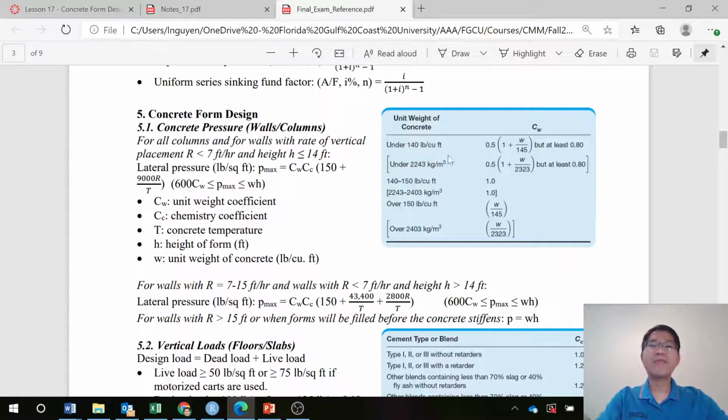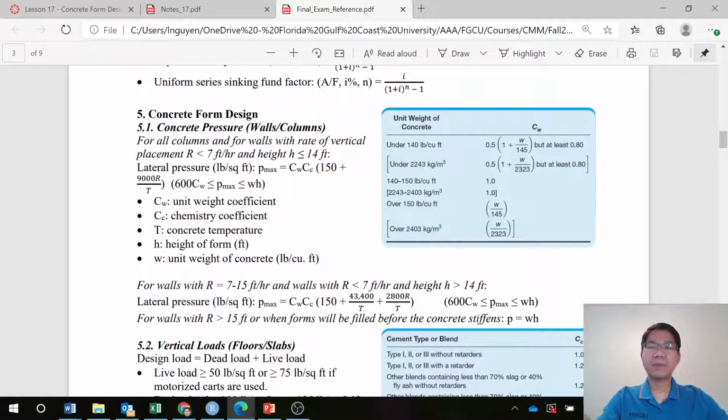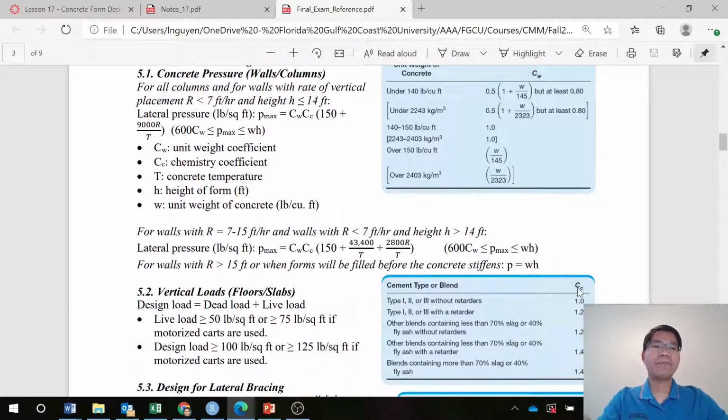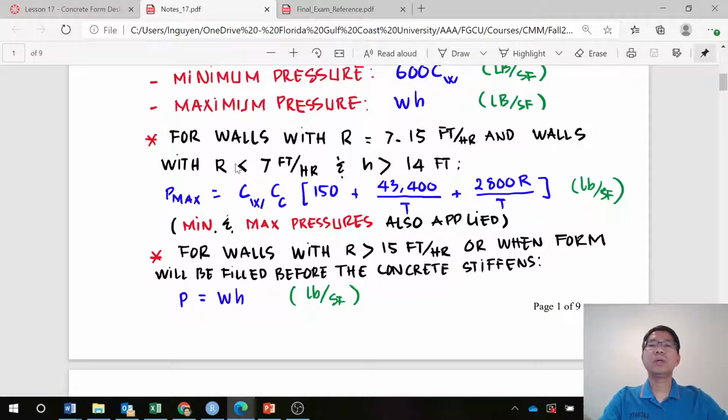Go back to the final exam reference, that is item 5 that you have here, and we have different equations to determine the concrete pressure and apply for the walls and forms. And we have table 13.1 to determine CW, 13.2 to determine the CC chemistry coefficients, and to be able to apply that. So let's move on so that you can use the equation, to the next lesson videos. We learn to determine this for different scenarios in problem 1 and